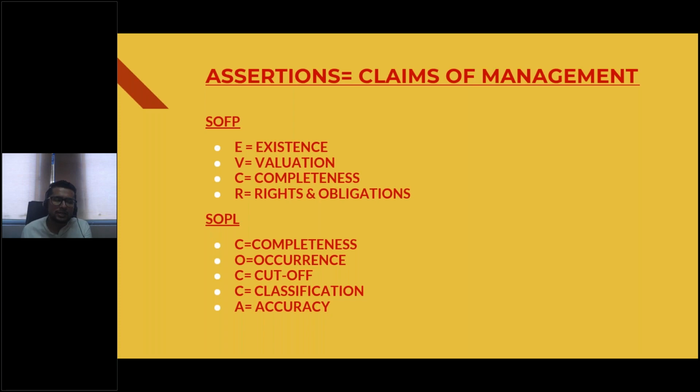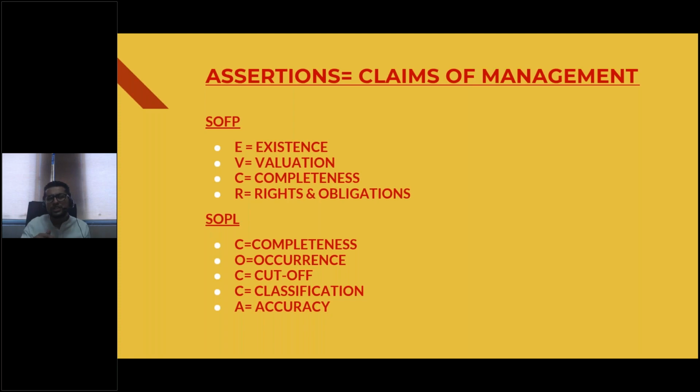Let's talk about the third assertion, completeness. The third assertion which is made by the management regarding the statement of financial position is called completeness. And completeness means that as a management, you are claiming that you have not skipped anything. Each and every element of assets, and specifically each and every element of liability which should have been recorded, you have recorded them. Completeness is an assertion which is more famous for the liabilities, because as a management, you would like to